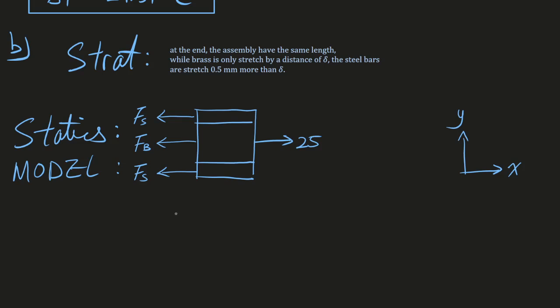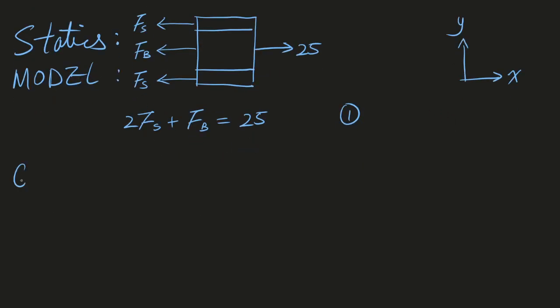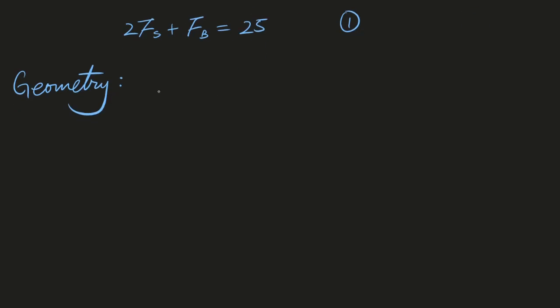From this free body diagram, we can derive that 2Fs plus 1Fb is equal to 25 kilonewtons. And this is our first relationship. Next, we move on to geometry. We want to look at after everything is stretched, what's the geometry looking like. So after stretch,